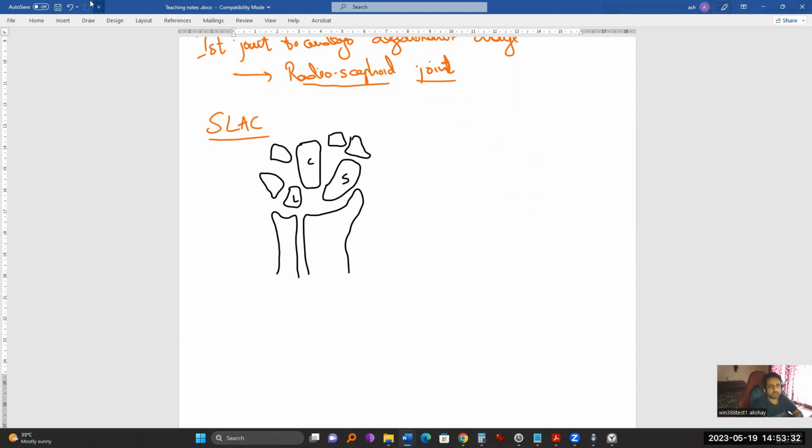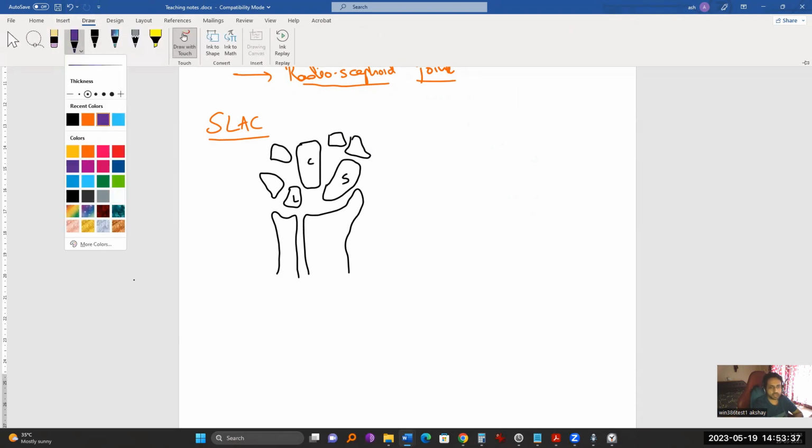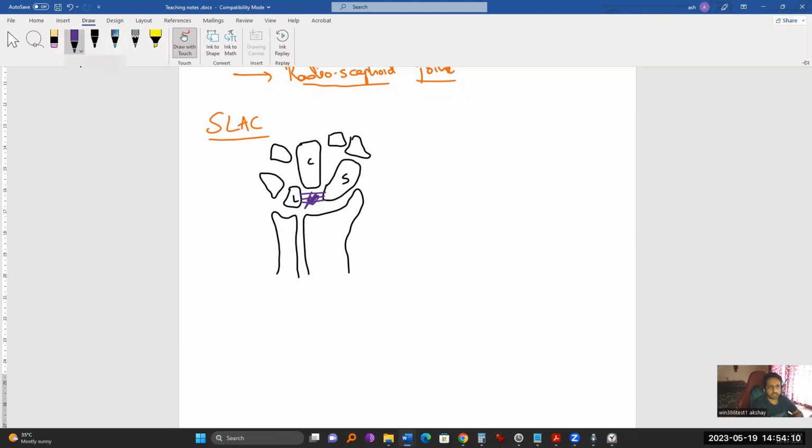Okay. So here you can see there is a ligament injury between the scaphoid and the lunate. Scapholunate ligament disruption is there, and the scapholunate gap is more than 3 mm. This is called the Terry Thomas sign. So if a ligament injury like this is left untreated, after a while what happens is